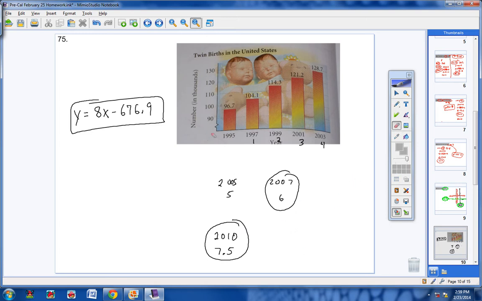Okay, so there's my numbers I'm going to use. So let's first of all estimate the number of twins in thousands in 2007. I'm going to put 6 in for x. So 8 parentheses 6 minus 676.9. And if we do the math on that correctly, we would get